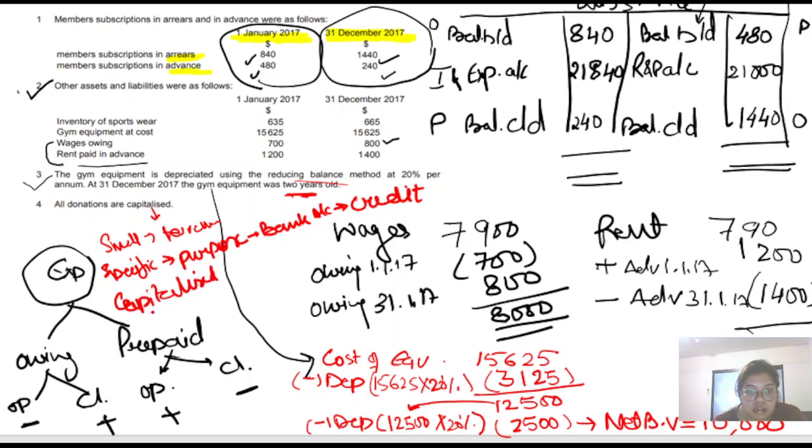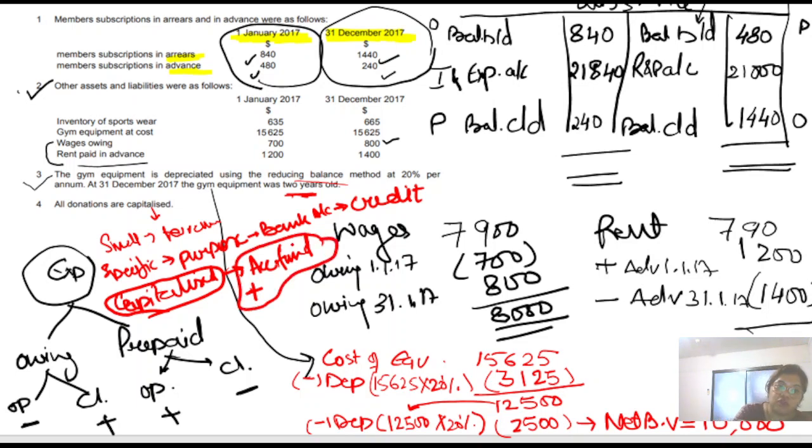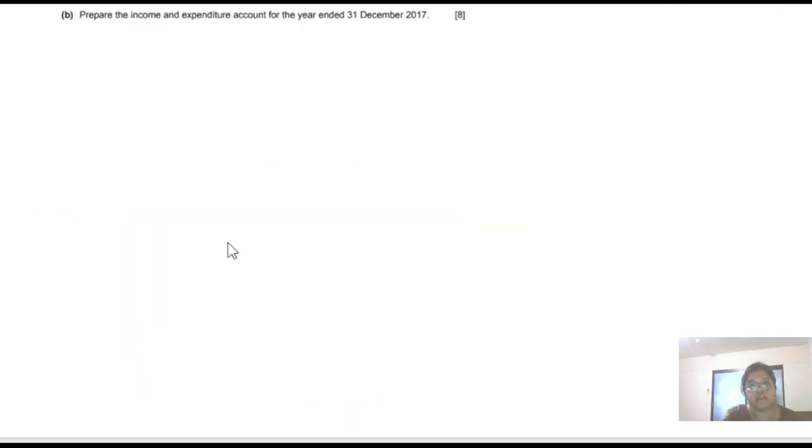Capitalized means they told you to transfer that donation into your accumulated fund. So whenever your donation is capitalized, you have to add it in your accumulated fund. So this thing you have to keep in your mind, okay. So in the B part, because A part is explain one use of receipt and payment account, which we have already discussed. In the B part, they ask you to prepare the income and